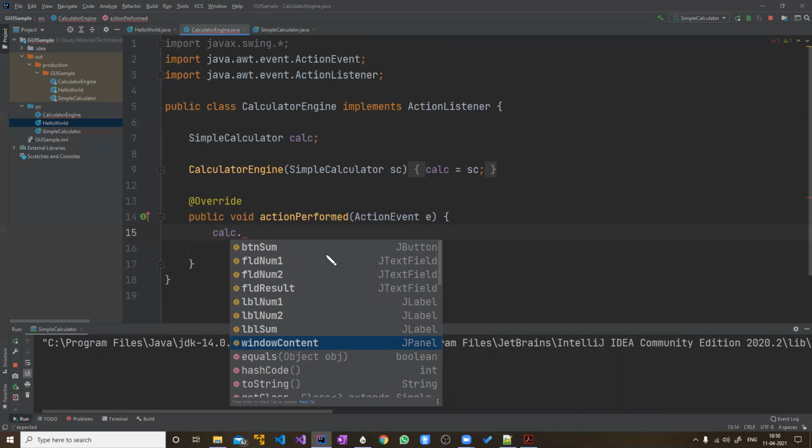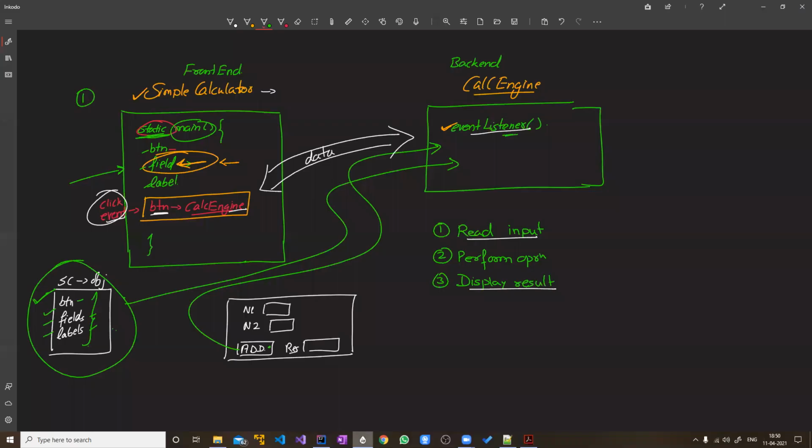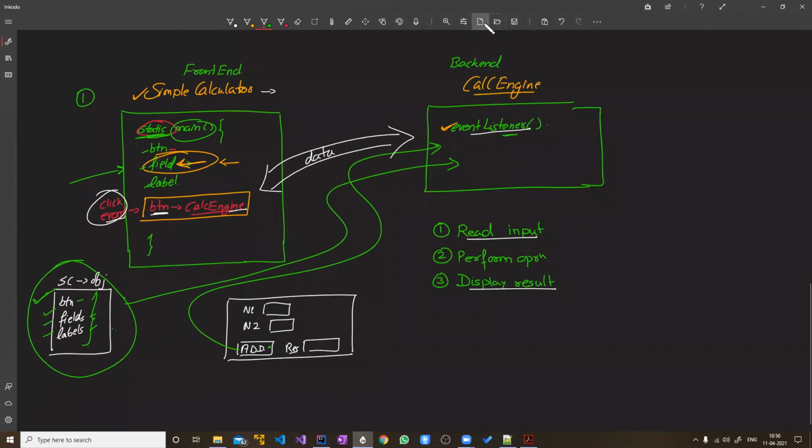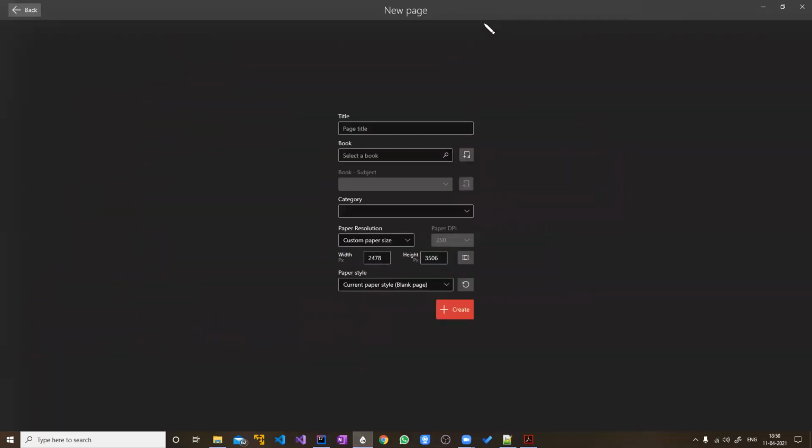So if you want to have a diagrammatic explanation for this, you have an object of type calculator engine, right?